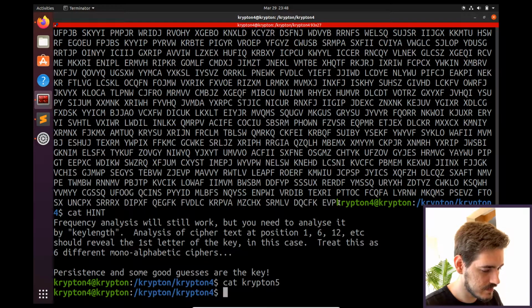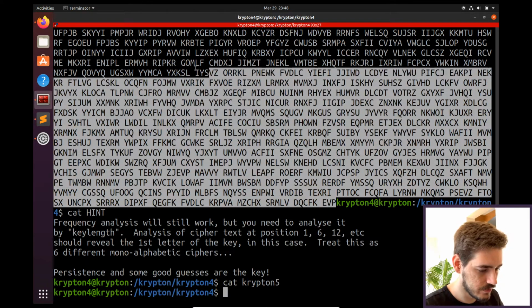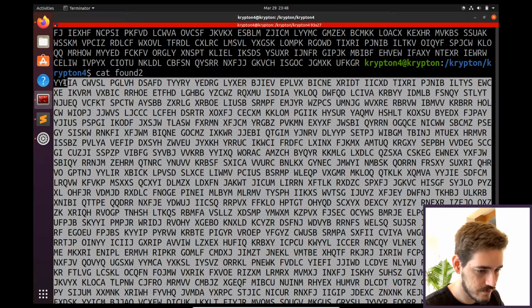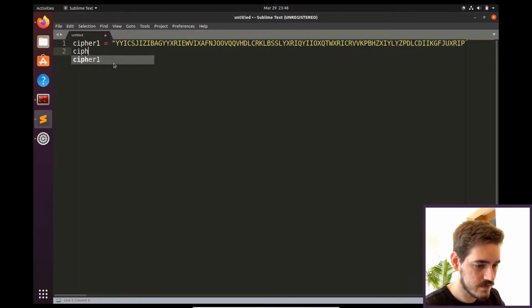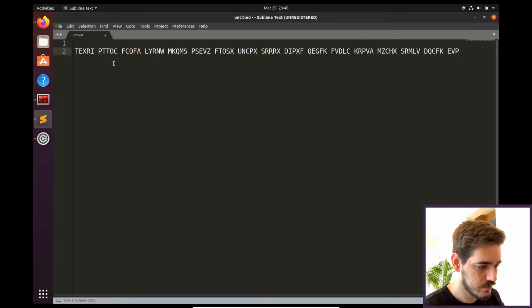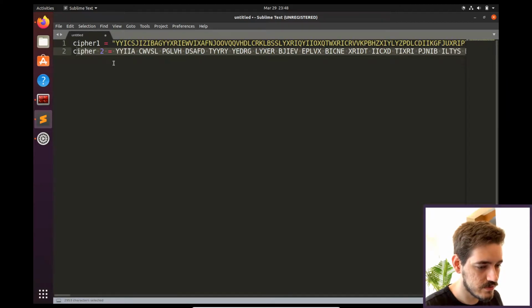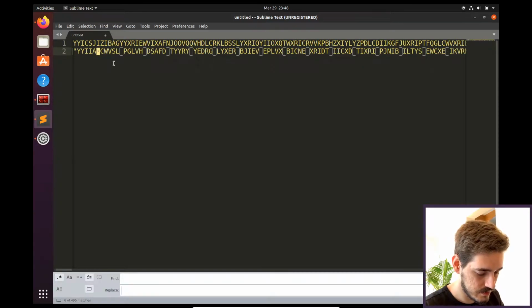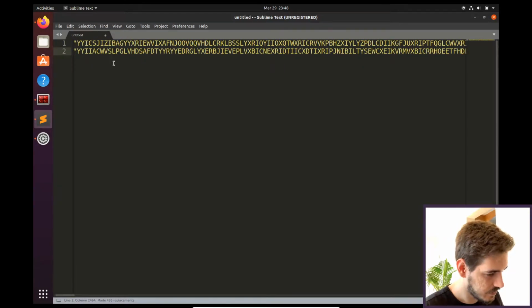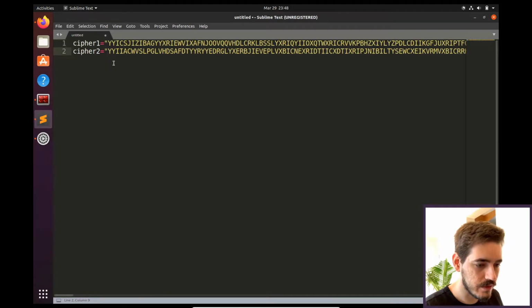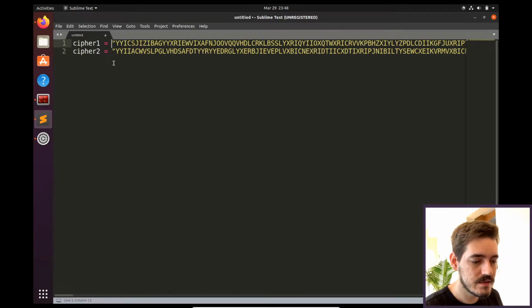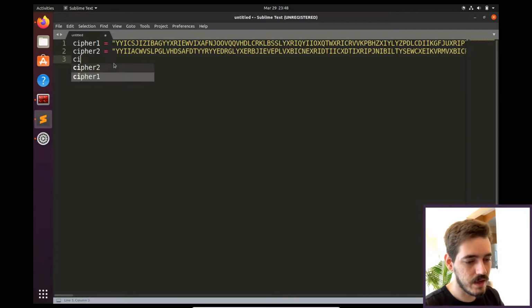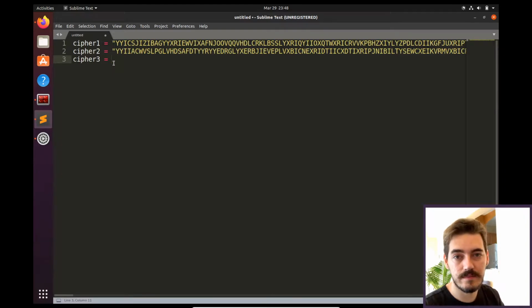Then we've got this, which is the cipher 2 from here. So cipher 2. I know I put a space there on number 2, but that's okay because I'll delete all spaces anyways. And there you go. So cipher 1, cipher 2, and then we got our cipher 3, which is actually the